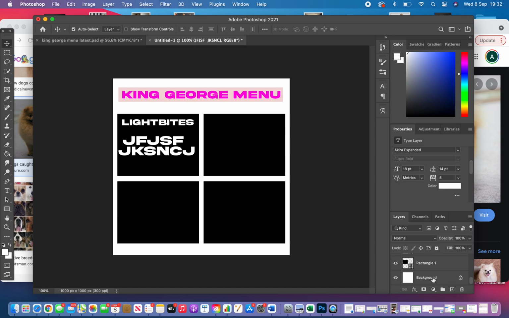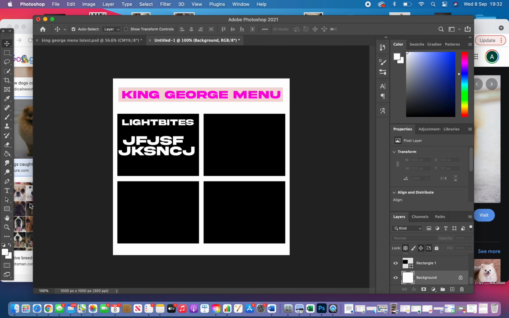If you want to change the background colour of the whole page, make sure you click on the background layer, which is the bottom layer, and has a key next to it. If you unlock that, it doesn't matter, but it's probably best, if you're not going to do anything to the background, to just keep it as a key, unless you have your own image as a background or you want to merge layers. I'll show you how to merge layers in a second. I don't know how much you'll need to do that, but